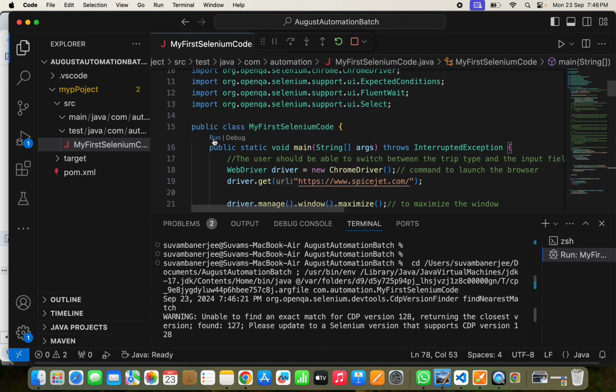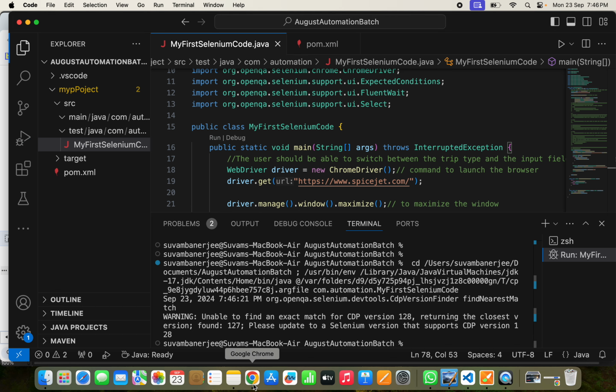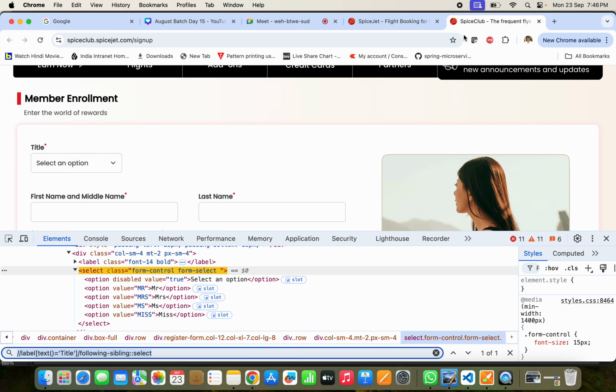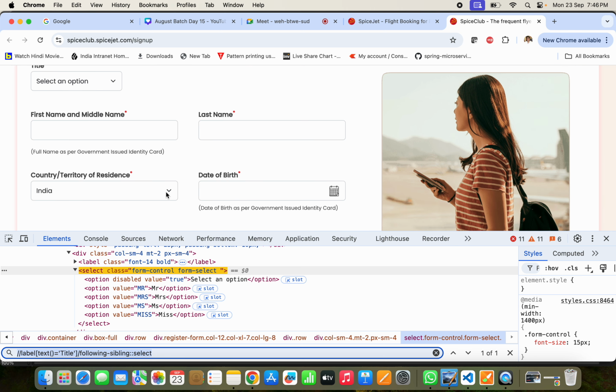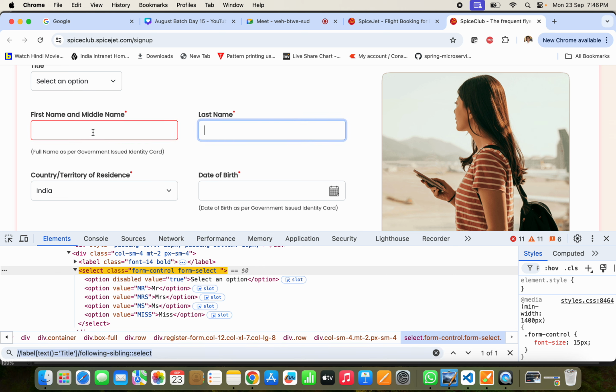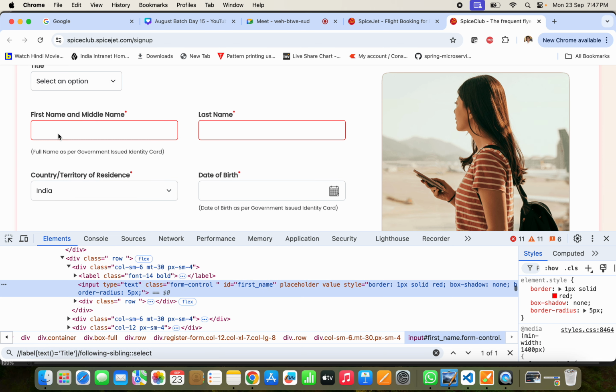Next thing, we have to fill up this first name, last name, and country, which is again a drop down. Okay, first name and last name. Let's find first name and last name. So the ID is first name. Okay, so